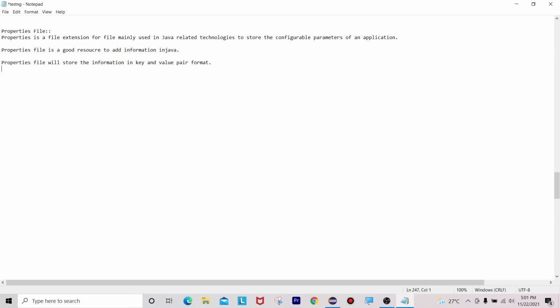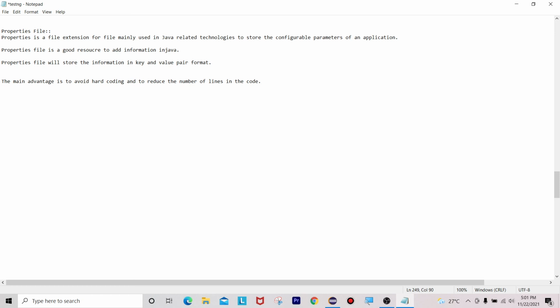Okay, so what is the main advantage here? The main advantage is to avoid hard coding and to reduce the number of lines in the code. Okay, so this is the main advantage.